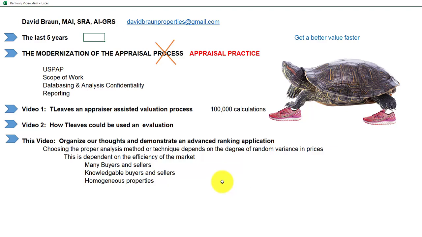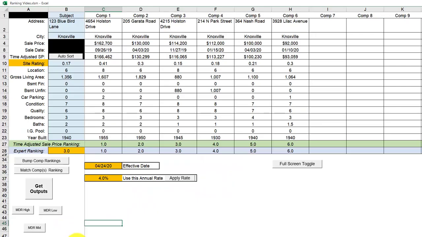So let's jump right in now to this application I'm calling advanced ranking. What it starts with is I'm going to put a subject in. And by the way, ranking analysis is a recognized technique in the principles book for a direct sales comparison approach.